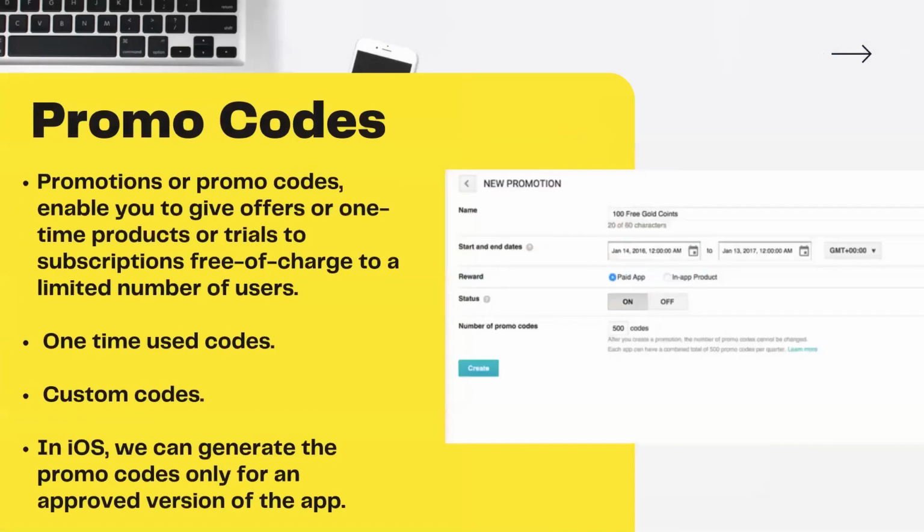Another good feature of in-app purchase, or maybe not only in-app purchase but any e-commerce platform, is the promo code. So how does a promo code basically work? Most people can directly apply the promo code and get 10% or 20% off, but maybe they don't know how that particular alphanumeric word can reduce our amount by 10% from the actual amount. Maybe you can see the screenshot of a new promo code.